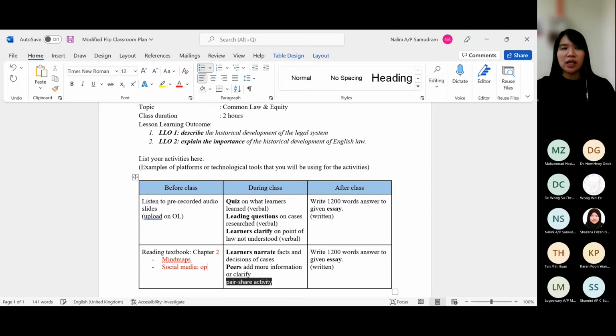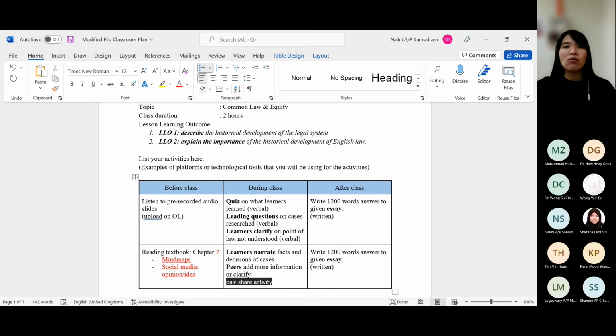Like on Instagram, we have people who set a question on their story, then people respond to it. Maybe you can ask them to collect some of the public's responses, or whether they even understand what this is about, and then based on the responses, they talk about it during the class also.